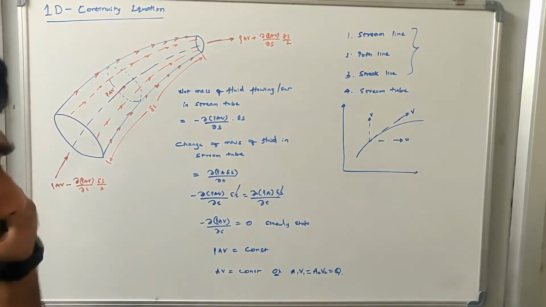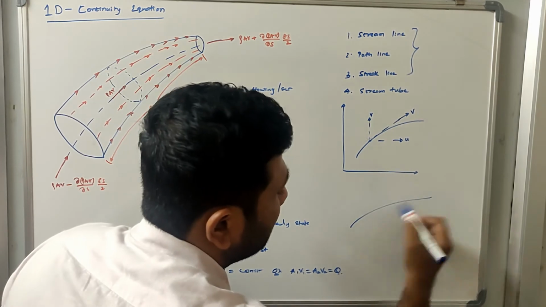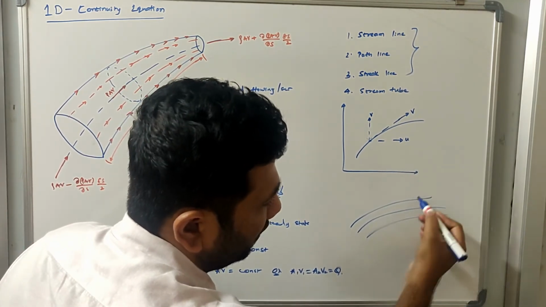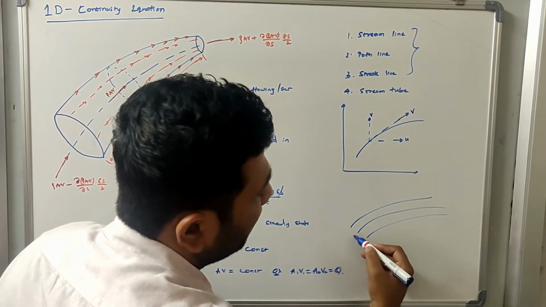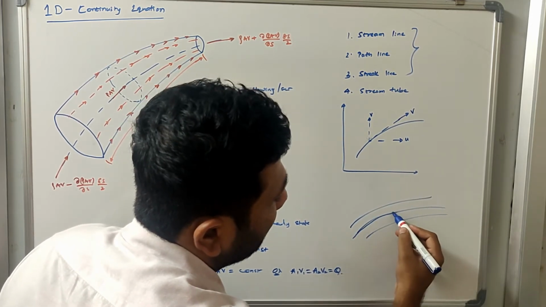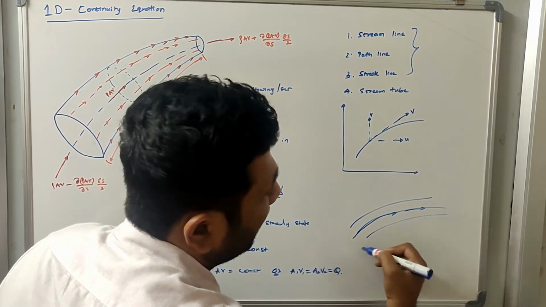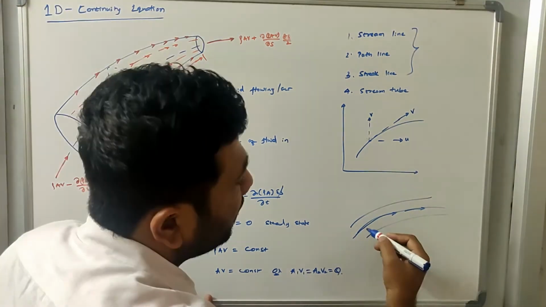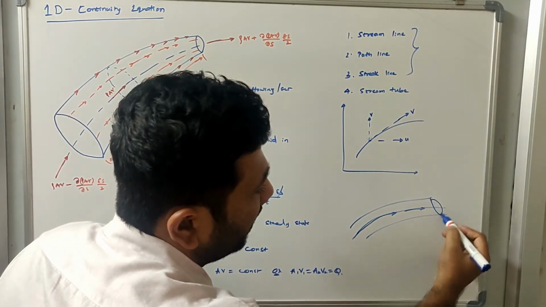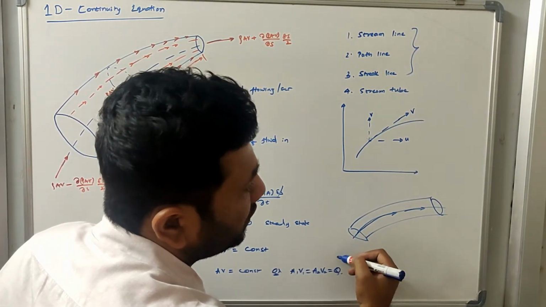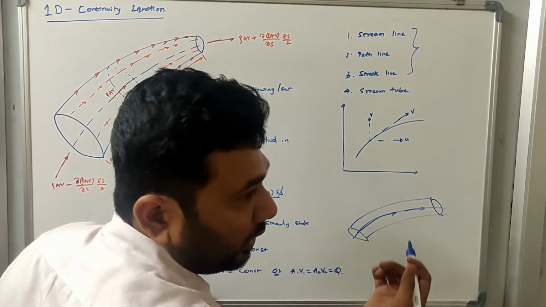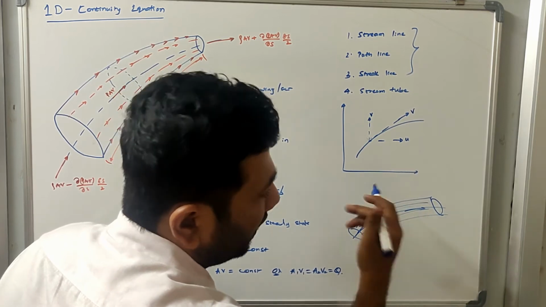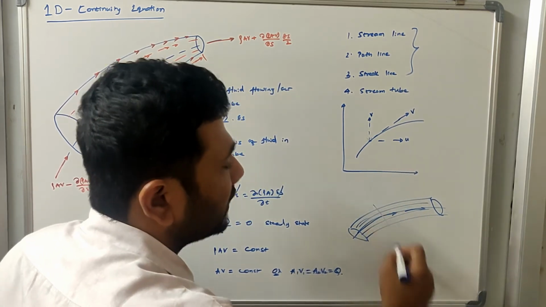So what we do is that whenever there is a flow, there is a set of streamlines that are generated. Okay, so the collection or the bundle of all these streamlines will represent the flow of water in a particular direction. The streamlines are basically explaining the direction in which the water is flowing, right? So what the stream tube helps you understand is the direction in which the water is flowing. The stream tube is made up of a series or bundle of streamlines. So that is what a stream tube is.